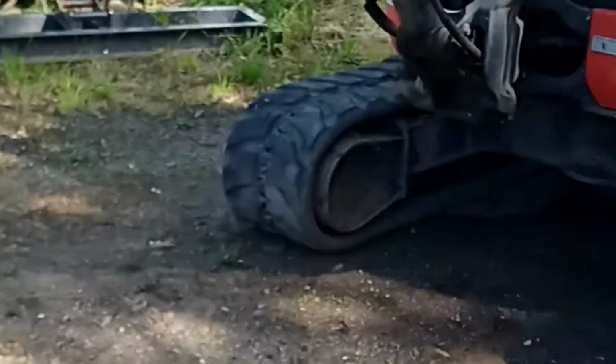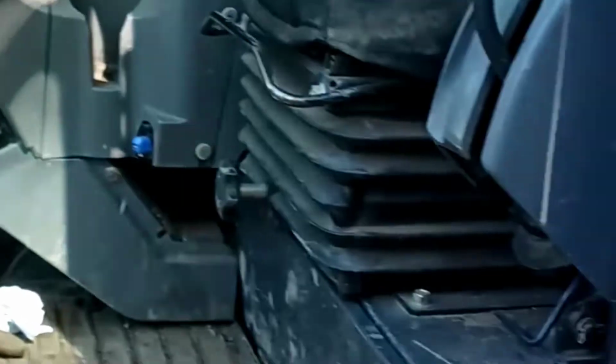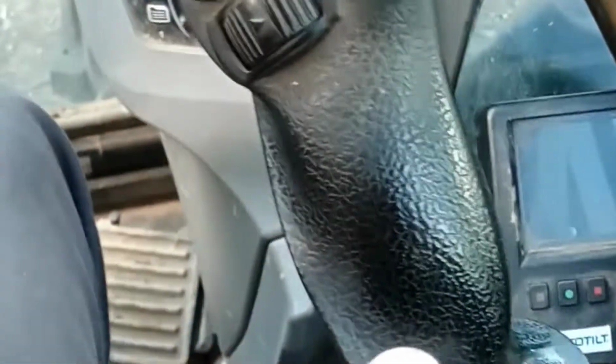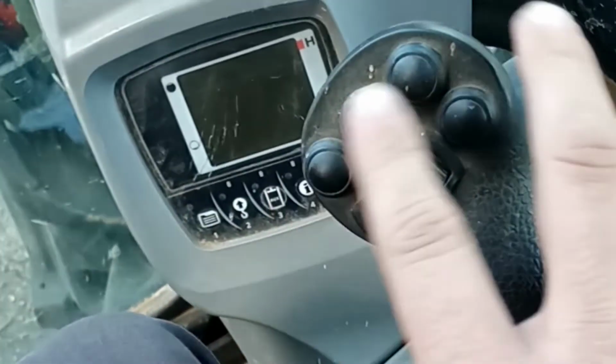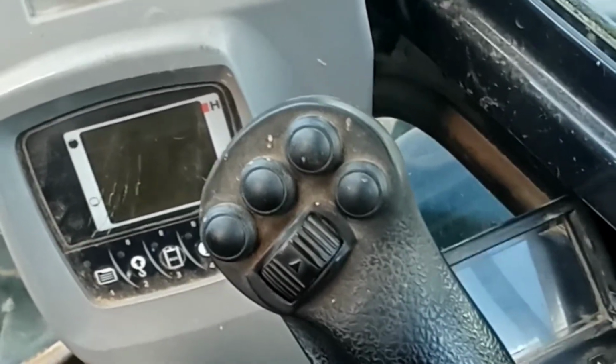And when you go for the electronic control, you get all your joysticks in the cab get swapped. So on my right hand joystick, left and right for tilt, and on the left hand joystick, left and right for rotate. You can program the buttons to do various things. I haven't bothered because mainly I just have buckets on, but there is a roller,